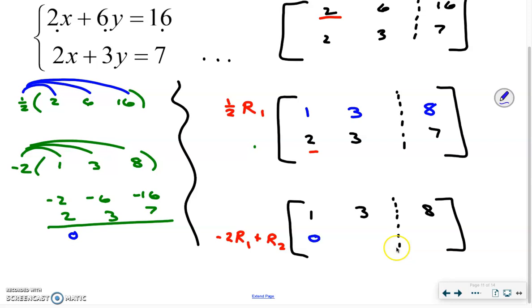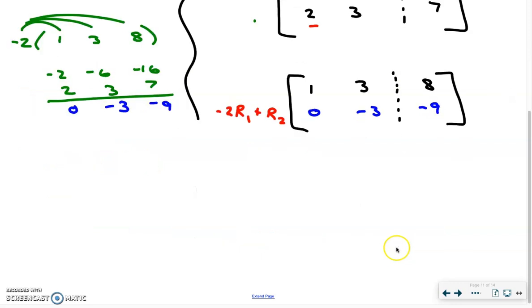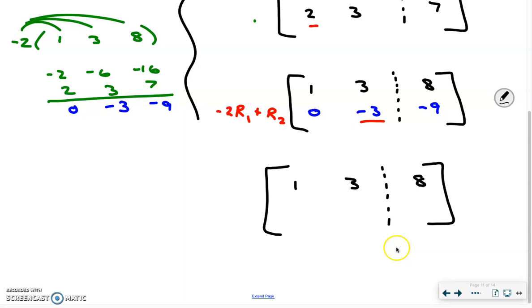But the rest of this now, what's -6 plus 3? -3. What's -16 plus 7? -9. So my new row 2 looks like that. 2 down, 2 to go. All right. What's my next target? -3. We're in the second column now, working our way up. So we are targeting row 2, which means row 1 again is going to stay the exact same. So I'm going to start there, 1, 3, 8. All right. I have negative